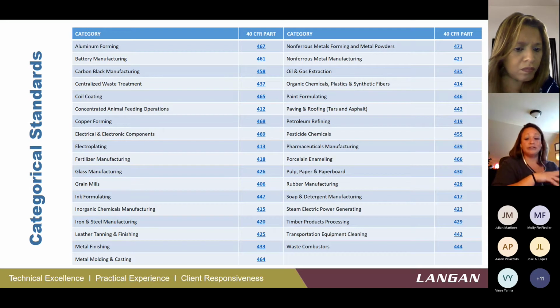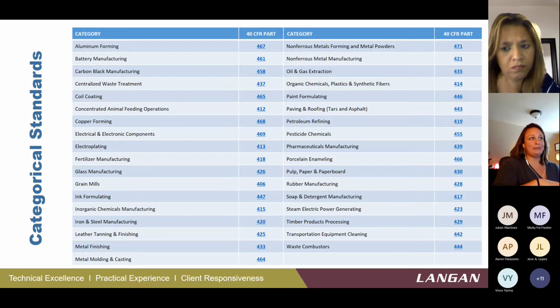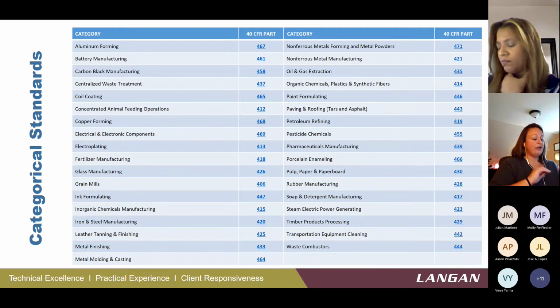So you'll recall under the significant industrial user requirement, that definition partially hinged on whether or not you meet one of these definitions. So EPA has essentially gone through and says, if you're doing one of these things, there are particular